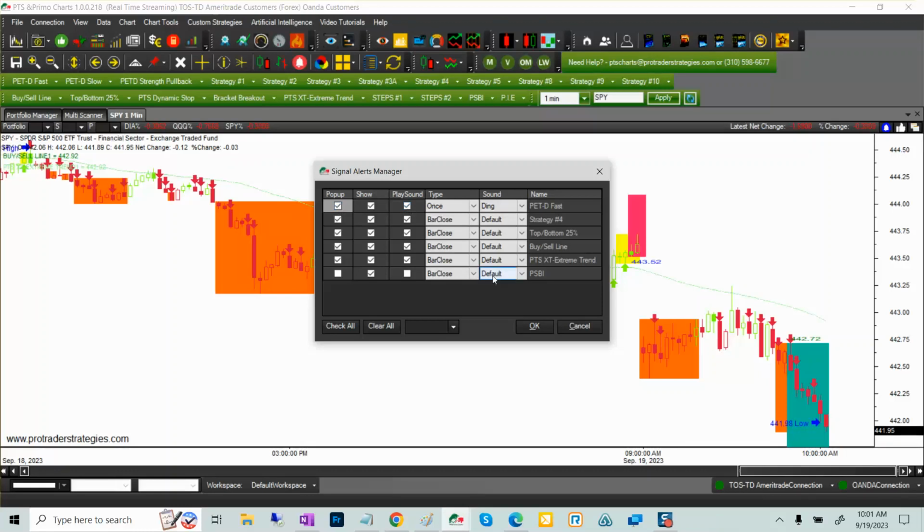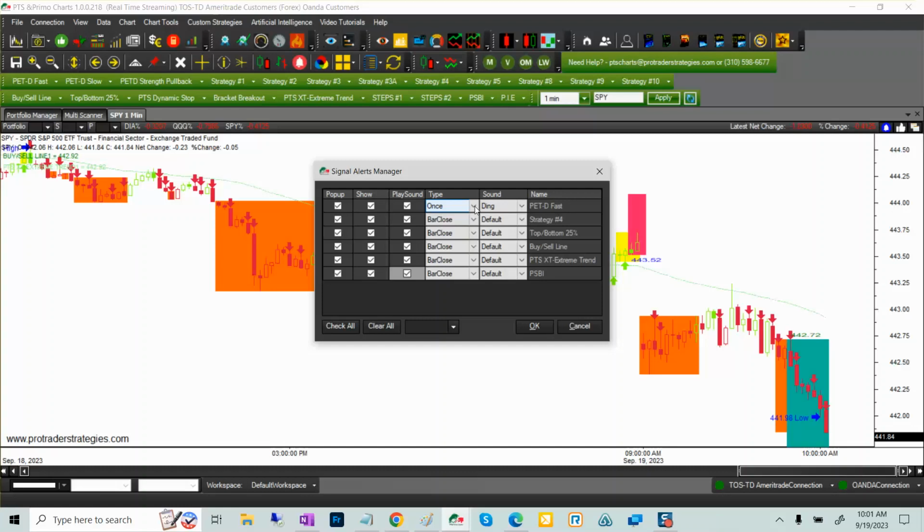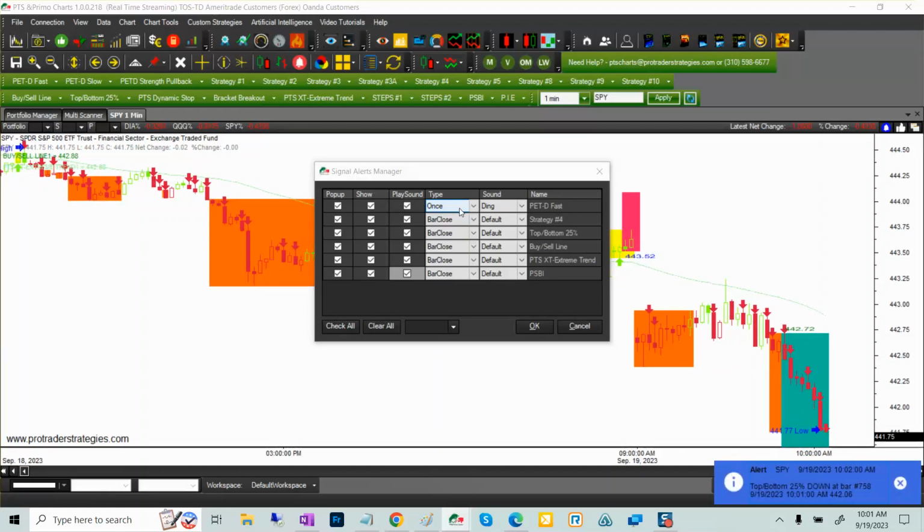But for the new ones, you need to come and check individually if you want them, unless you have the global options, which is why I like the global options, because you don't have to worry about this. But the alerts manager will allow you to change settings individually, like for example, if you want the PET-D to beep at the beginning of the change of the color of the bar, you're going to have that